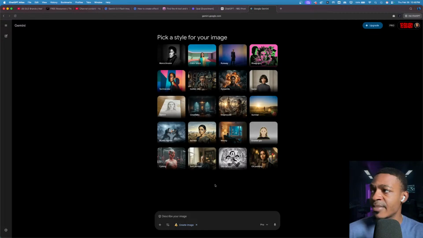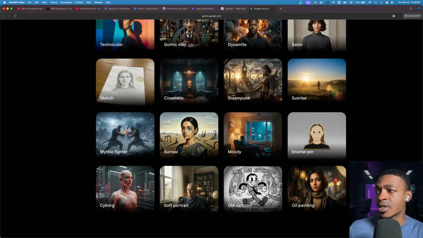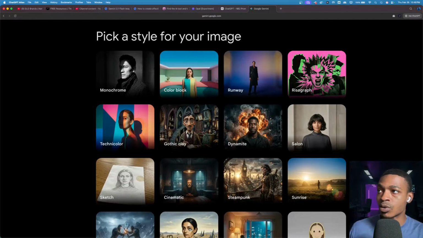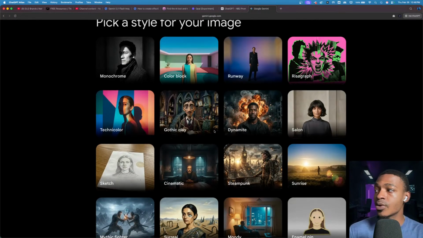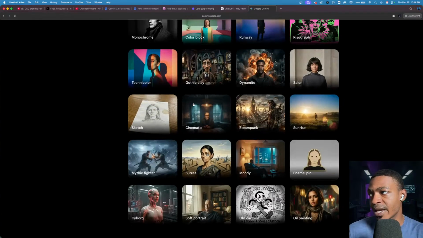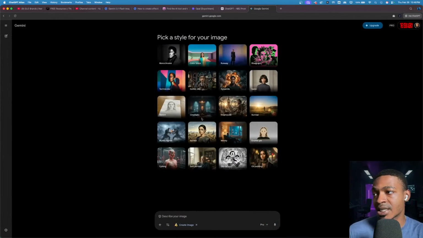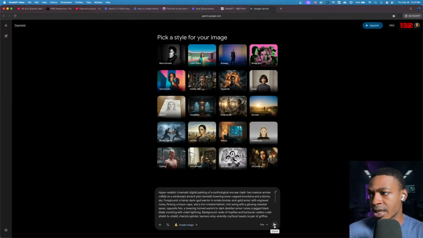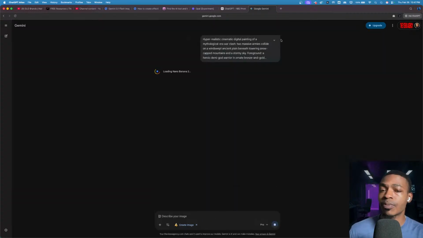So create image now has this screen where you can select some pre-made styles and image types, and you can click on one of these. We're not going to click on any of these. If you're making a cinematic image, maybe you use that cinematic or whatever, but we're just going to paste this in here because we just created a GPT to perfectly make our Nano Banana prompts. So let's click go,